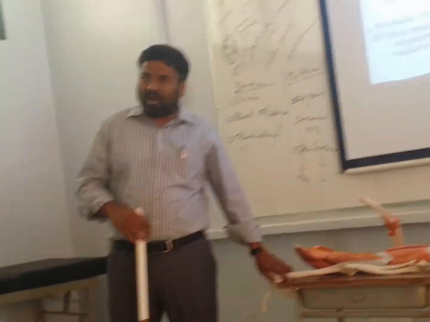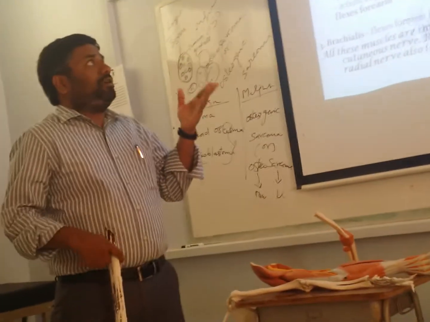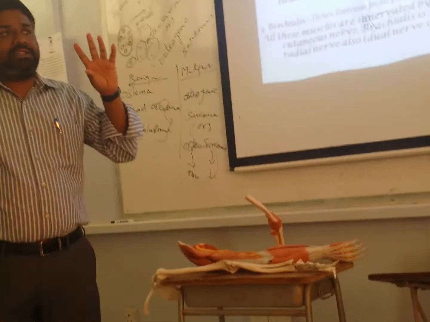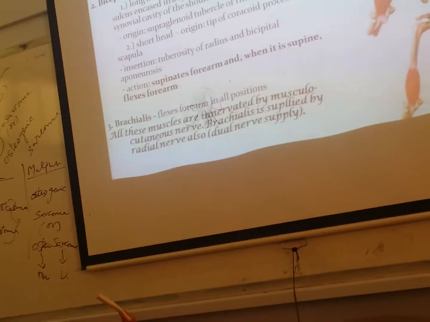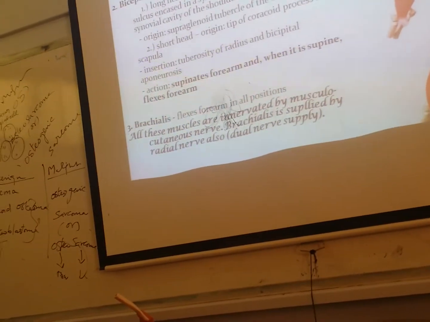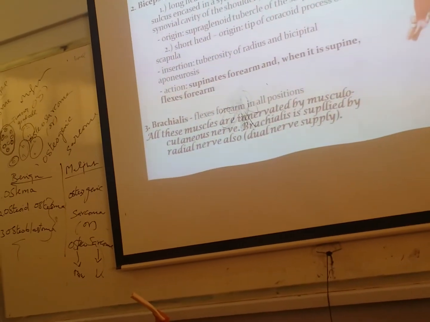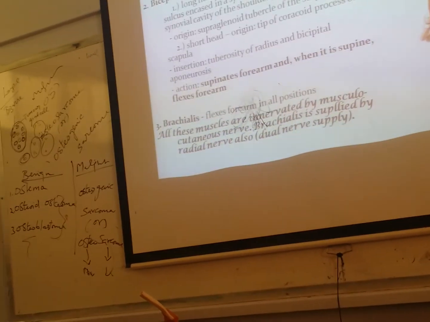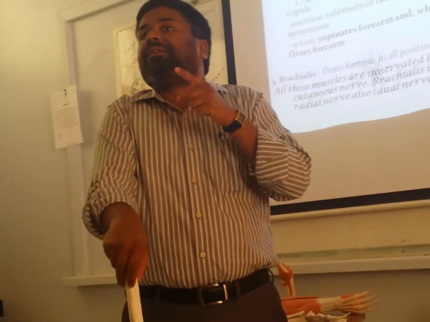Nothing much of functional importance, as it is a small muscle belly, so lesser action. A very important fact about this coracobrachialis is that it is what we can call a landmark muscle, because it is pierced by the musculocutaneous nerve. Which nerve? Musculocutaneous nerve, which is the nerve of the anterior compartment. That means the muscles in the anterior compartment are supplied by the musculocutaneous nerve. So very important point here. Coracobrachialis is pierced by which nerve?